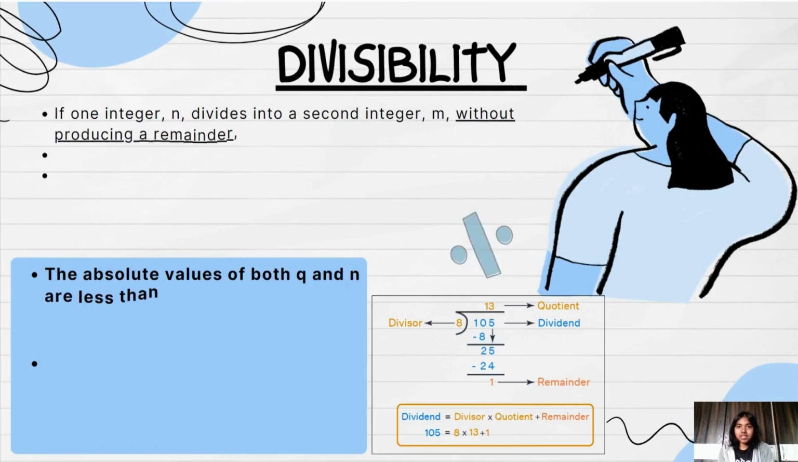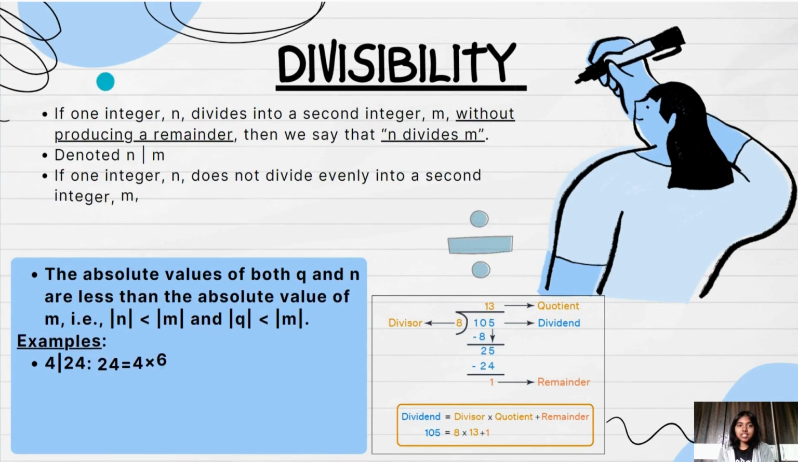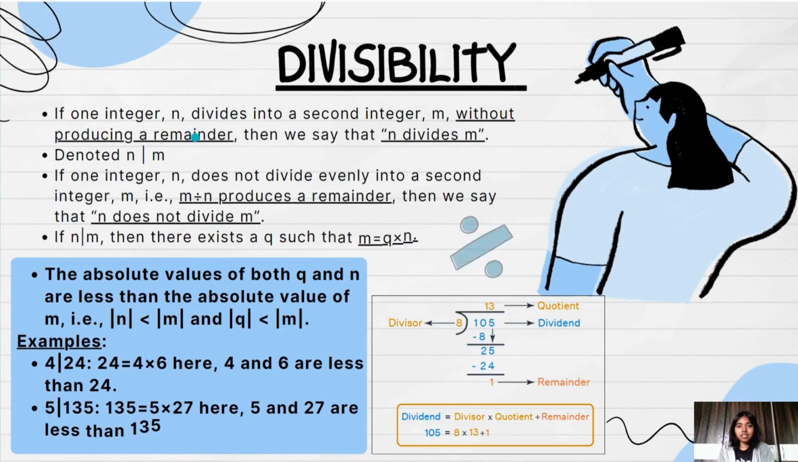Let's start with divisibility. If one integer, say n, divides into a second integer, say m, without producing a remainder, then we say that n divides m. It is denoted as n followed by a vertical bar, then m. Similarly, when n does not divide m, that is, it produces a remainder, then we say that n does not divide m. Also, if n divides m, there exists a q such that m can be written as q into